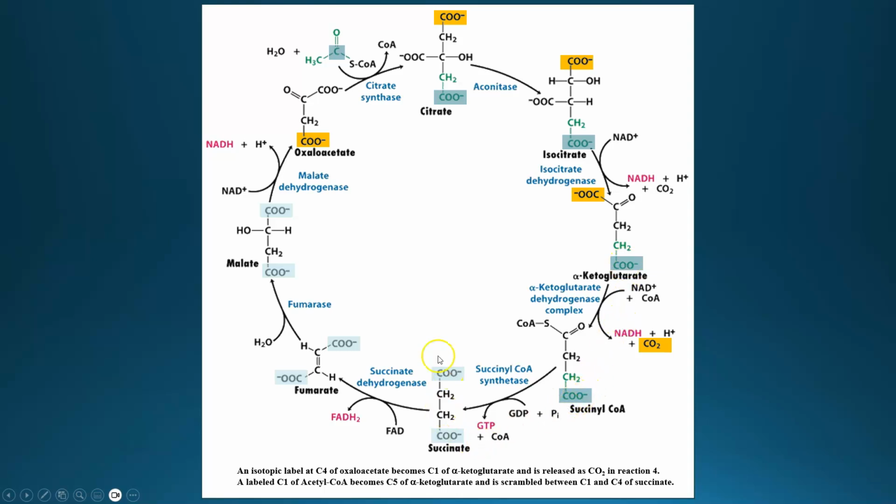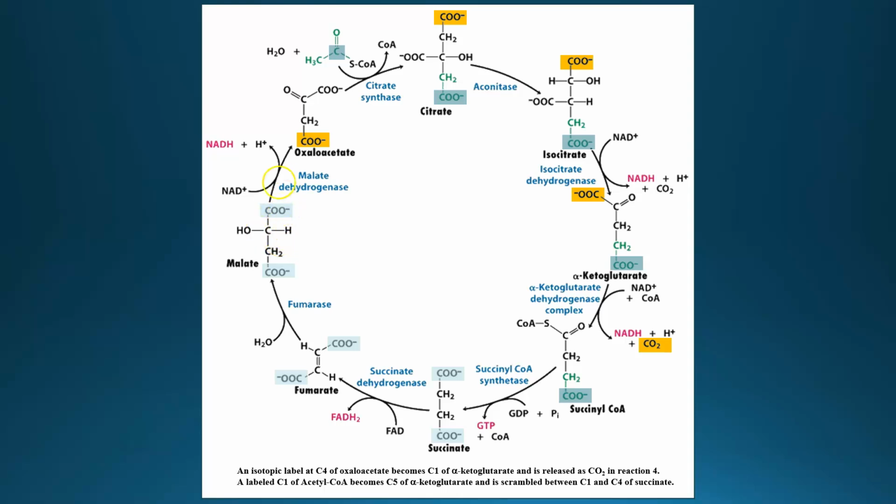When you get to succinate, the molecule is now symmetrical, so now you cannot tell whether the carbon is carbon 1 or carbon 4. They're equivalent, so that isotopic label is now diluted 50% in each of those 2 locations. That carries through to fumarate and malate. Now let's look at the second cycle.